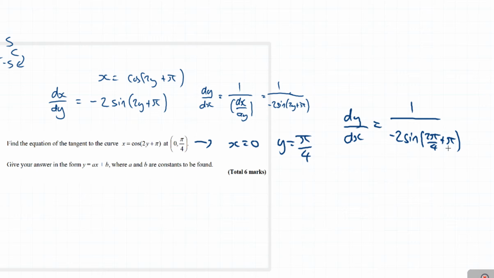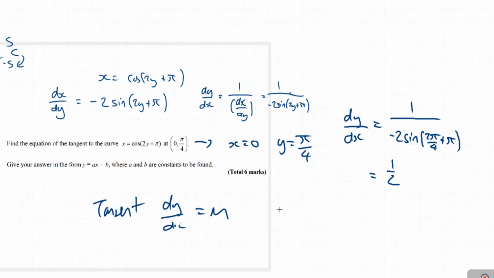Substituting this into your equation, it's going to be 1 over minus 2 sine of 2 pi over 4 plus pi. It's very important that your calculator is in radians because you are dealing with pi. Plugging that into your calculator gives you a gradient of a half. As it's a tangent, the gradient of the curve is equal to the gradient of